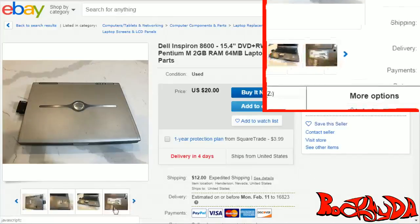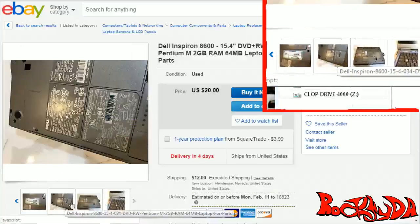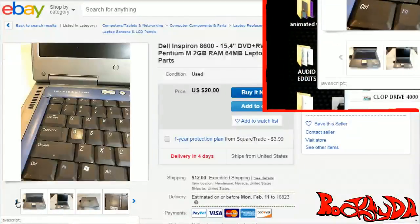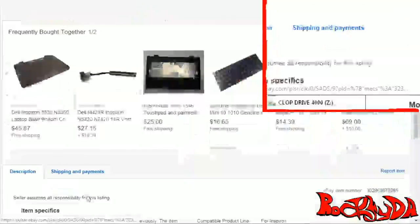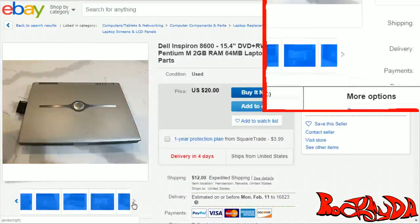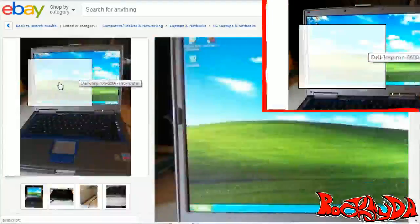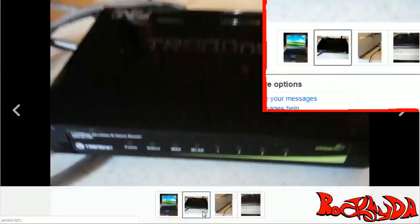I always check these for the back to make sure they have the parallel ports, because some don't. Yeah, see, if I don't see the BIOS splash screen, I won't go for it. I have to see the BIOS screen. Now, if I were interested in this and I were spending money, I might contact the seller and ask for it, but I did not see the ports, and I did not see the thing, so I'd just take a look at that later and see what else I could find, but that's kind of above my price range. I mean, if I'm in a pinch, I'll do that, but...